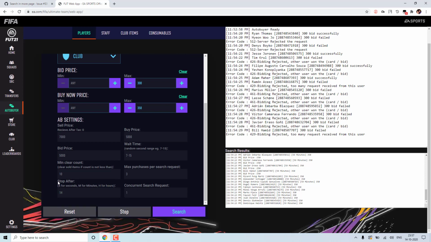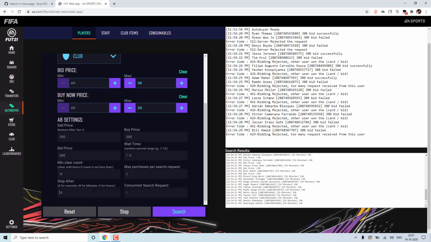Okay. So this stop after field is if you want the bot to automatically stop after say 1 hour or 2 hours or maybe some minutes or seconds. This might be useful in a case where you're going to sleep, but you want the bot to automatically stop after 2 hours or 3 hours. Then you can give 2h here. The default value is 1 hour. Okay.